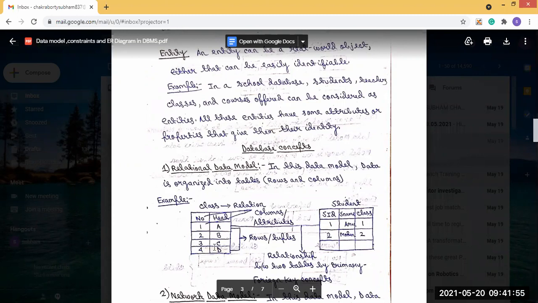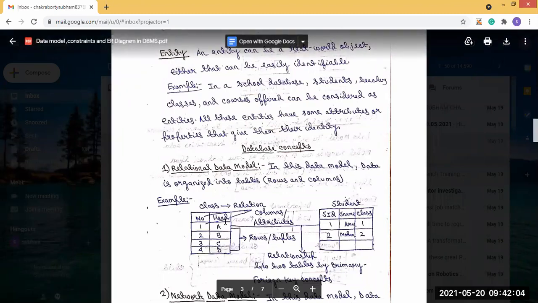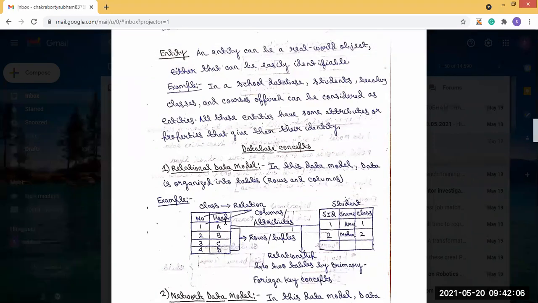If you consider the relational data model, in it the table is called the relation, the columns are called the attributes, and the rows are called tuples.